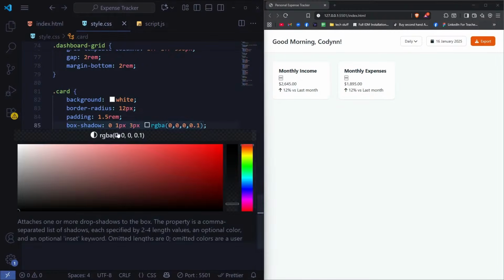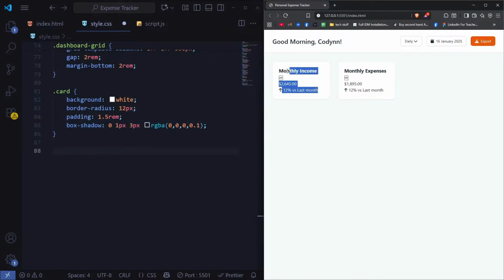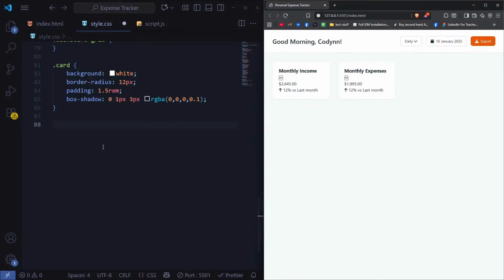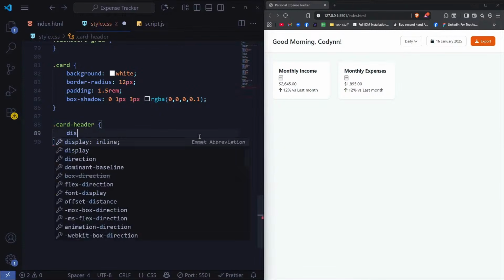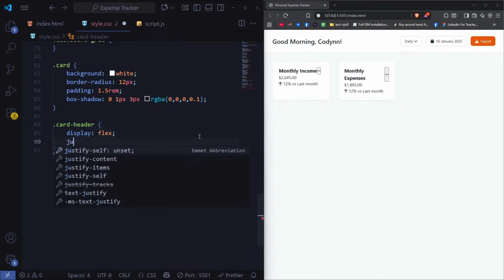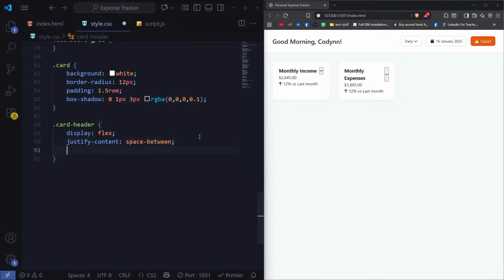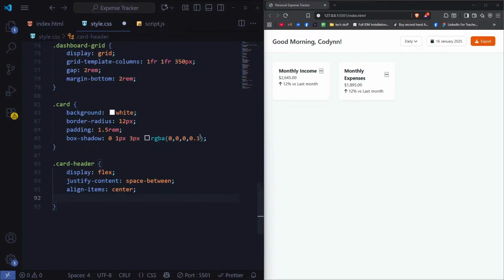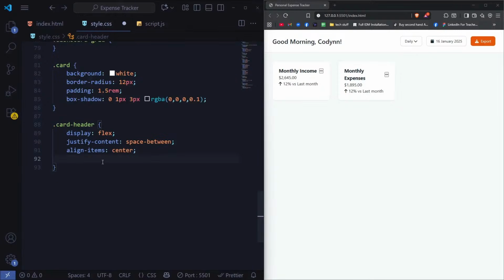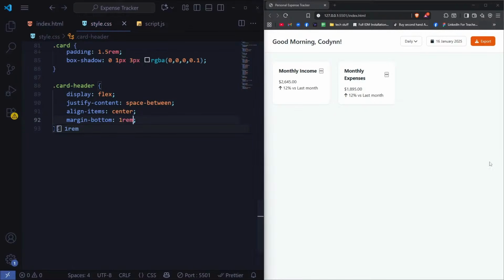Now for the actual card header, so styling the individual things in the container, right? What I'm going to do here is just do card header, set that to display flex, and do justify content. I'm just going to do space between, right? And also do align items, set to center. And here what I'm going to do is basically set, give me a second guys, set the margin bottom, so I still need to do that. And yeah,